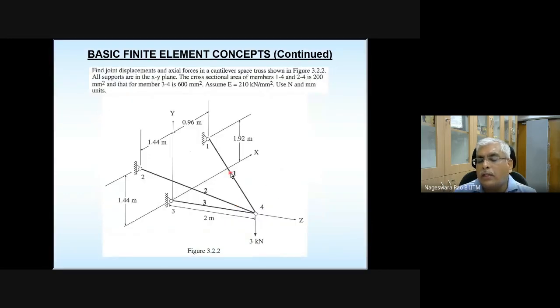So this is element 1, this is element 2, this is element 3, and you are pulling it. When you pull this in this direction, you can qualitatively or intuitively tell that this is going to be in tension, this is going to be in tension, this is going to be in compression. So that is what the results are also showing. So the results make sense, provided you have not made any mistakes in the numerical values, those numerical values are going to be correct.